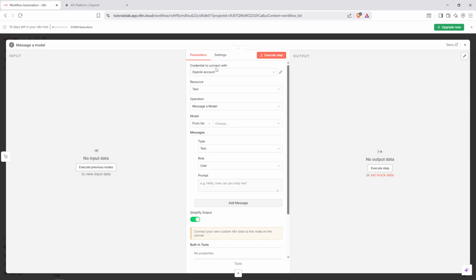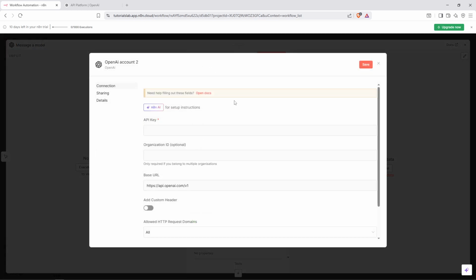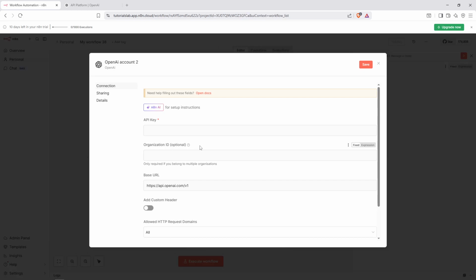Look for the field labeled credential to connect with and click on the drop-down menu next to it. From the options that appear, select Create New Credential. You'll notice that it requires an API key to proceed, which we'll obtain in the next steps. Now open a new browser tab and navigate to